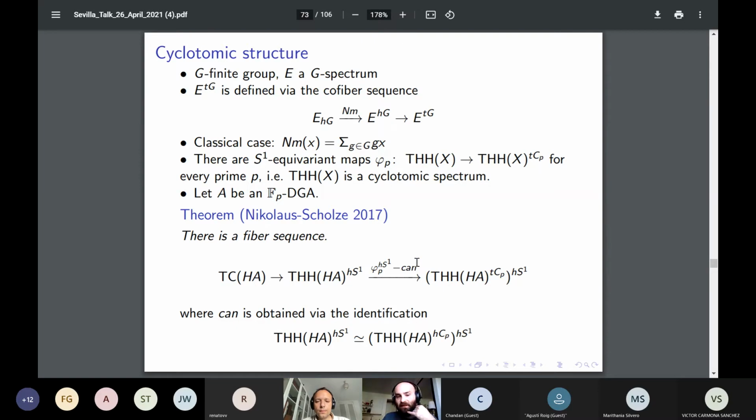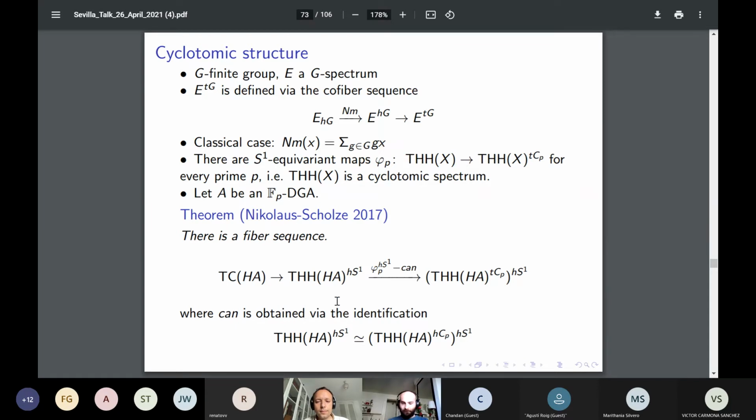So that gives you the canonical map. And the fiber of this map is this TC of HS. Now, actually, there's more history to this. The original definition of topological cyclic homology is due to Hsiang, Böckstedt, and Knudsen in 1991. And only very recently, Nikolaus and Scholze gave this much simpler definition of topological cyclic homology,